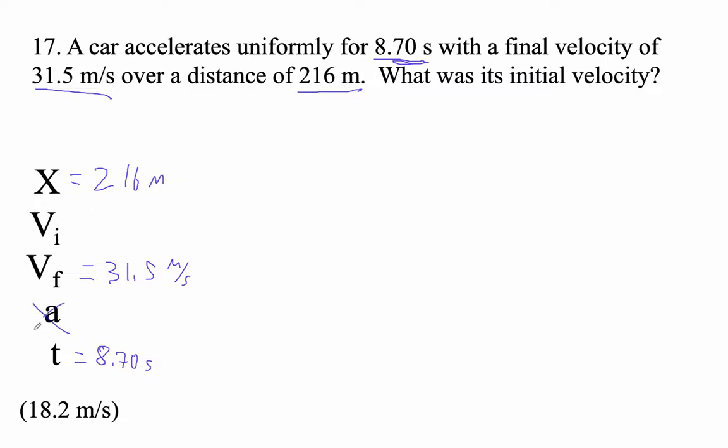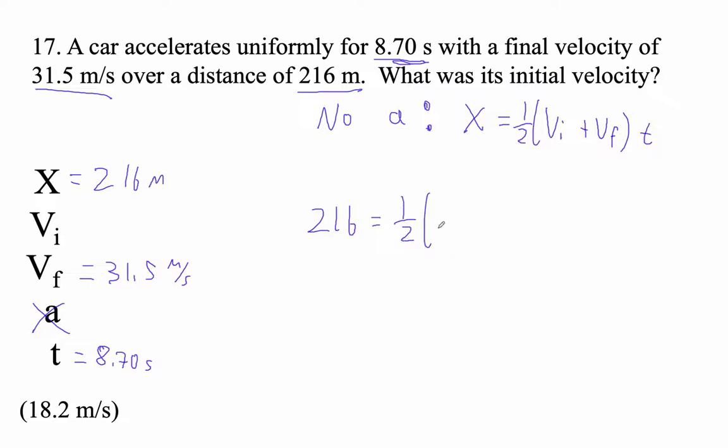What was the initial velocity? So I guess we use no A, right? And that's going to be what? X equals 1/2 (VI plus VF) times T. So let's plug that in. X is 216, is 1/2, and then VI is what we're trying to solve for. VF is 31.5